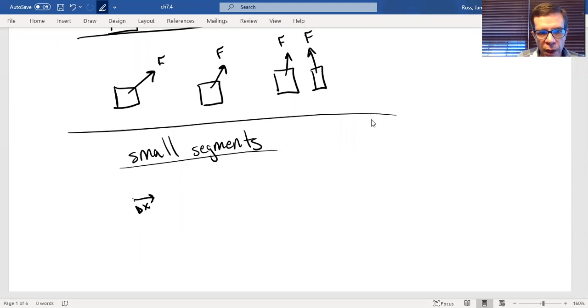Over this small delta x, we've got this average force. Between two times over here, we've got a small delta x. And we've got this average force. And what do we do? We sum up the work done